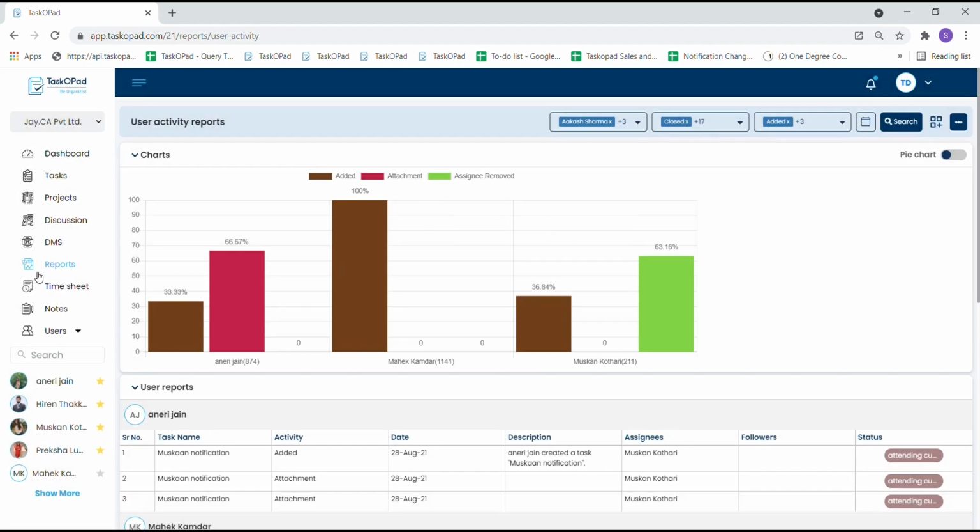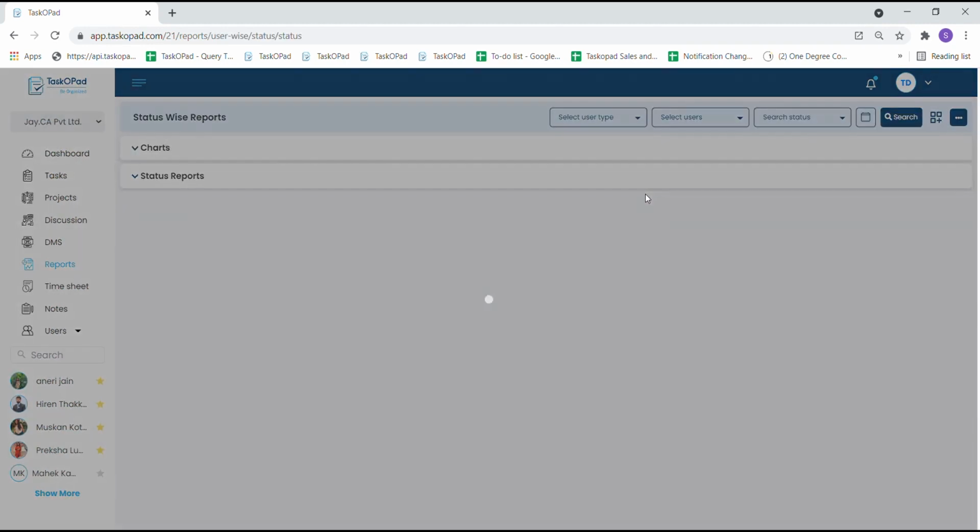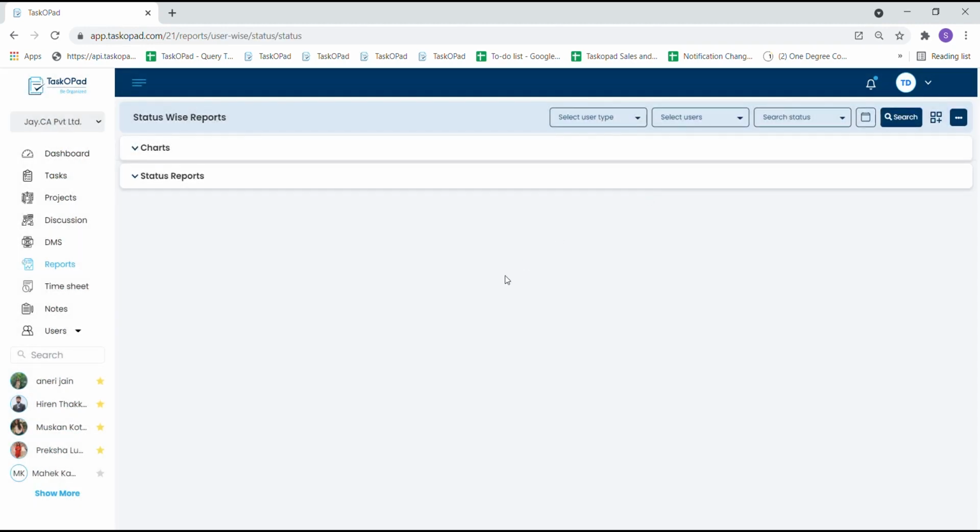Coming to the next, the status-wise report. Under this report, you can get a status-wise report where you can exactly have a look at how much is in pending tasks and how much is in other status and to whom it has been assigned. Now you need to select all the parameters from here as we mentioned in the previous reports.